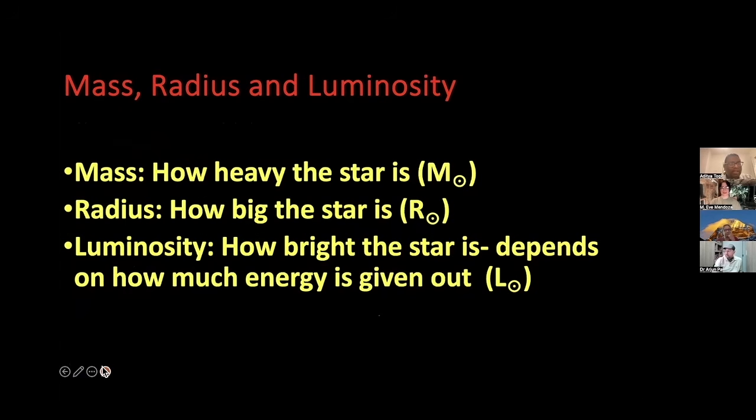Okay. The other qualities are mass, radius, and luminosity. Mass means how massive it is. We measure in terms of our Sun's mass. Whenever I write M with this symbol, it is used for the Sun. If it is 2 times M sun, that means it is 2 times more massive than the Sun. If it is 100 solar masses, that means 100 times more massive than the Sun. So we always use the mass of the Sun as the standard value. Radius means how big the radius is. That too we measure in terms of solar radius.